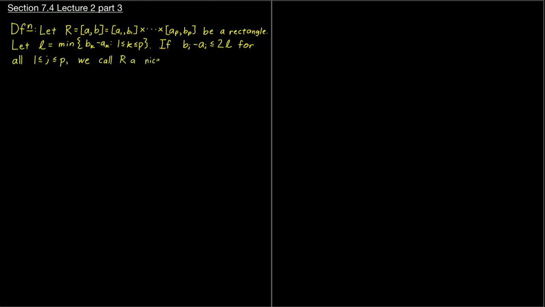Nice is a nice short word, easy for me to write down. And this is not too restrictive. If you start out with a rectangle that is not nice, that's very long and thin, for example, you can cut it in half. If it's still not a nice rectangle, you cut it in half again. Eventually, you get to a nice rectangle, and it is an exercise in your book